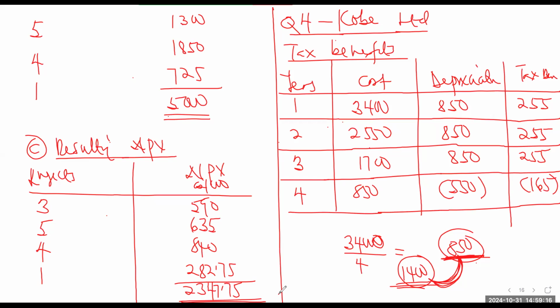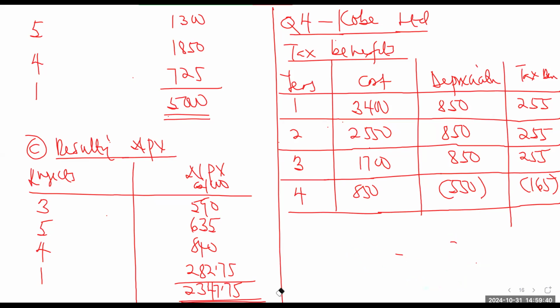So you always calculate the capital allowance from the perspective of the tax authority, the tax benefits from the perspective of the tax authority. But if you want to do it from your own perspective, then you have to add the depreciation back and subtract it. If you also want to do it, you'll be getting the same answer at the end. But what is going to happen is that it's going to be different. If you are calculating the depreciation on the asset on a normal basis, you are going to be having